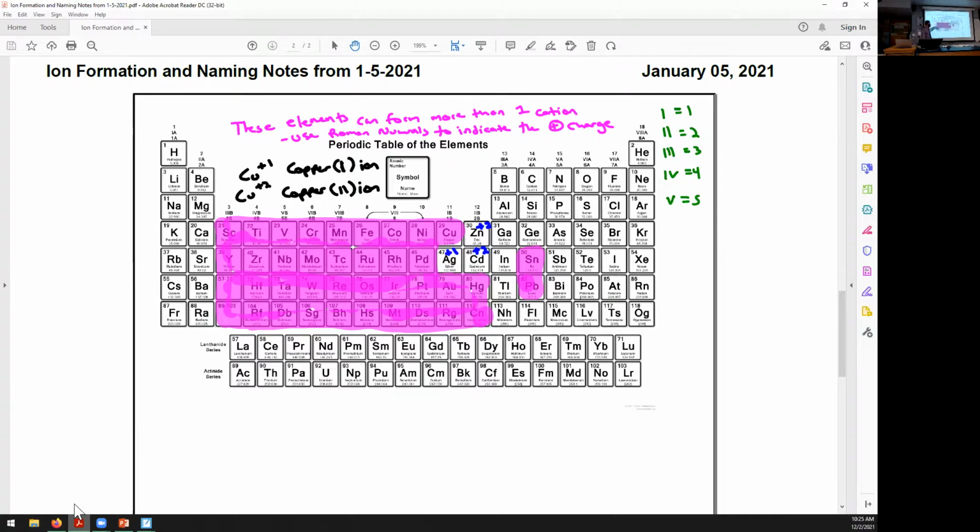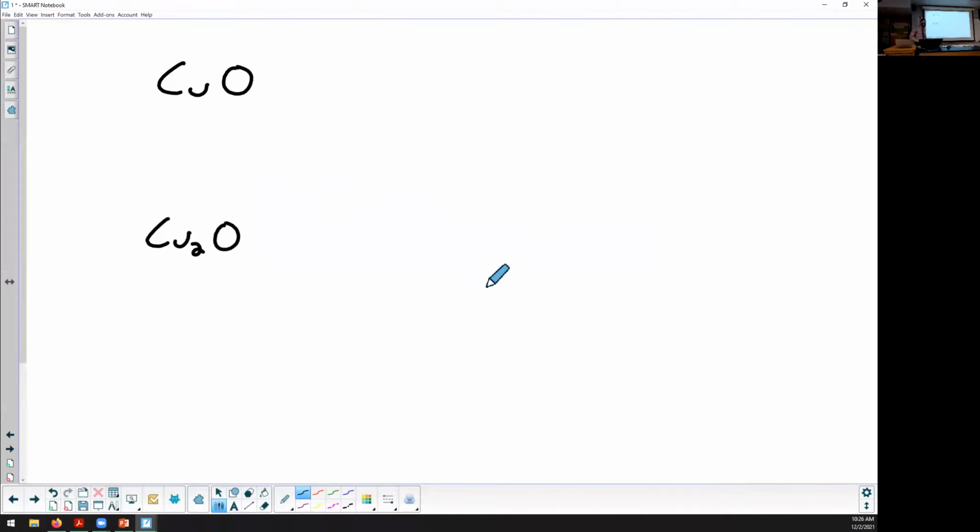In fact, like copper, the example I put on here, copper can be +1 or +2. And so we have to specify. Almost all of them can be +2. Some of them can be +2 and +3, +1 and +2, +2 and +4. It has to do with very complex exceptions to the Aufbau rule and flipping between s and d orbitals and stuff. So we're not going to get into the specifics of that, but they can have more than one charge,